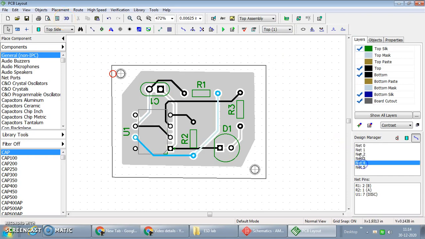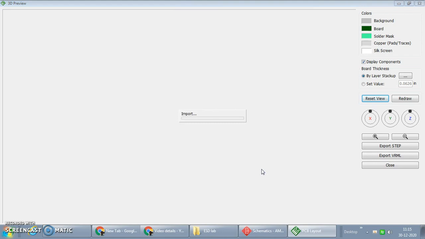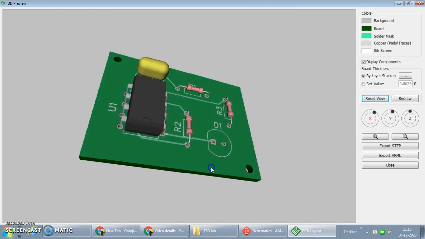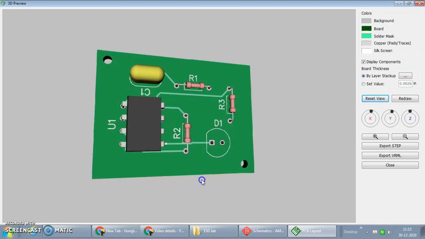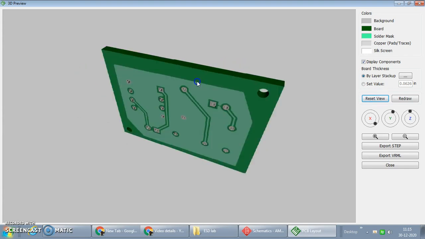If you go to these net layers one by one, it indicates the details, or even if you go to the respective track, it will show the details. Now if I click here the 3D, it will ask for some message, and now it will do the workout with the 3D structure, how the PCB would look. So these are the upper tracks on the upside IC. So this indicates the slot. From this 1, 2, 3, 4, we have seen one was connected to one of the diodes. Yes, tracks are from the downside.